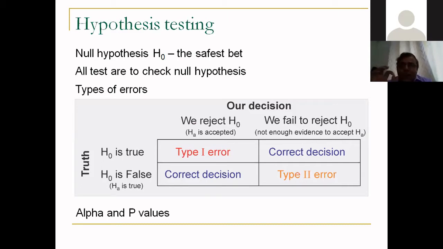So even though the probability that the null hypothesis is true is just 6%, you do not take a risk of rejecting a null hypothesis. So you are so afraid of committing the type 1 error. Now, obviously, this can lead to the type 2 error, but as I said, type 1 error is something that they are more worried about. And so we always try to protect the null hypothesis. We always try to make sure that we do not commit type 1 error. Okay, so this was just a small introduction to hypothesis testing.